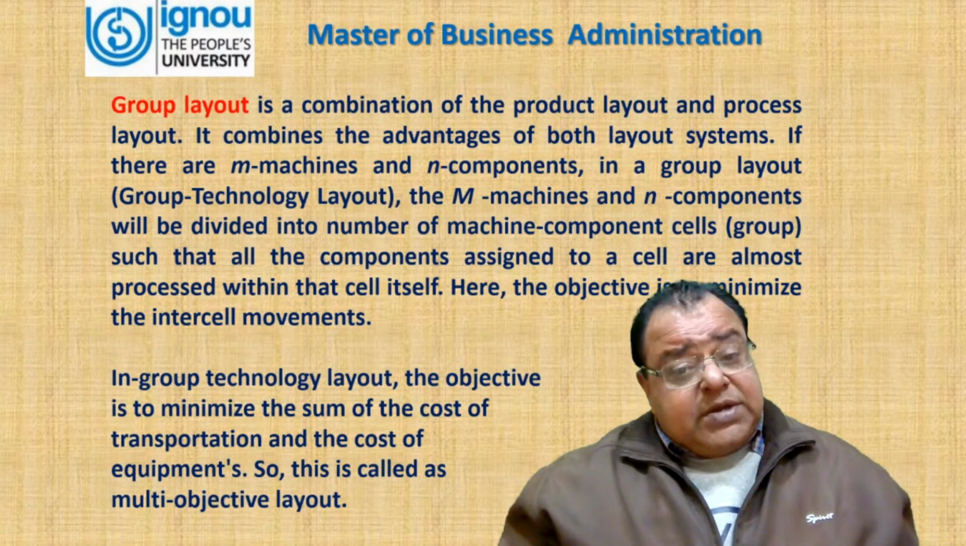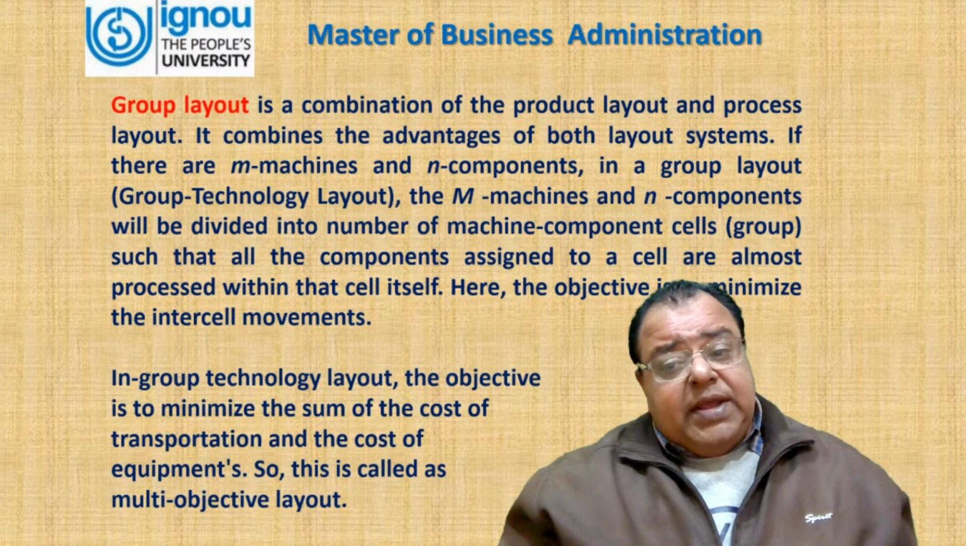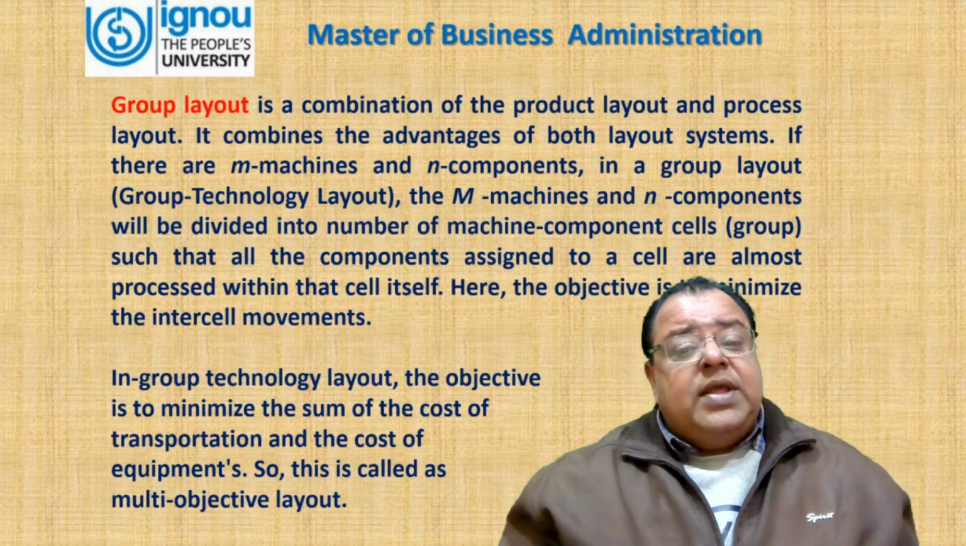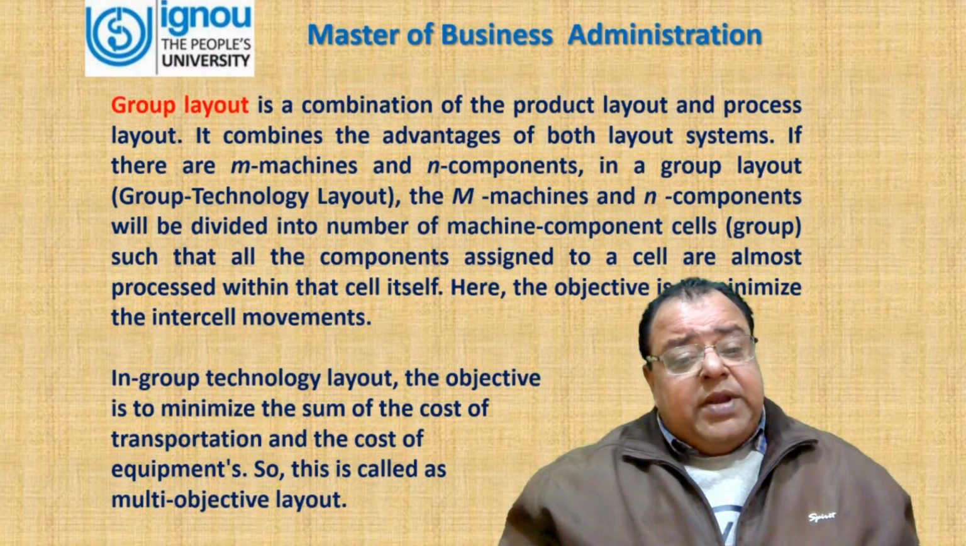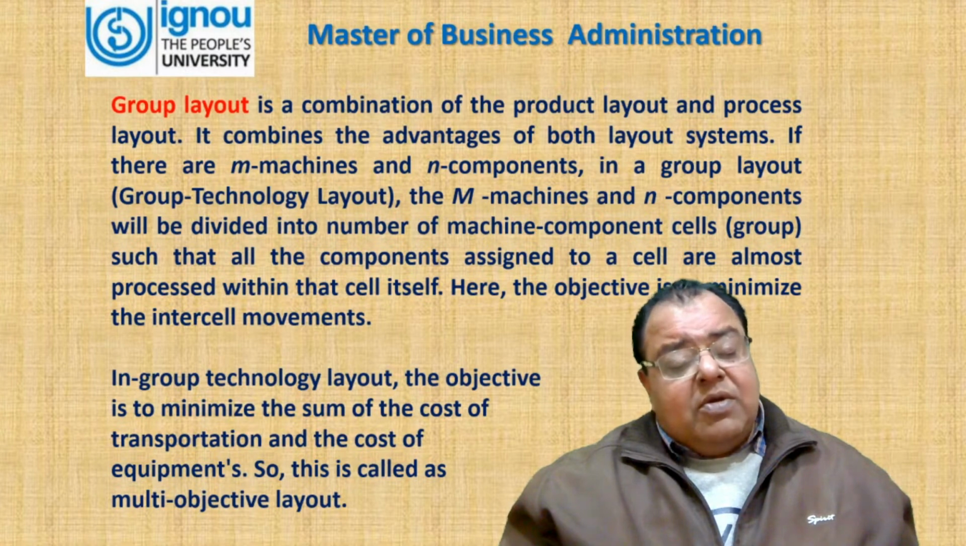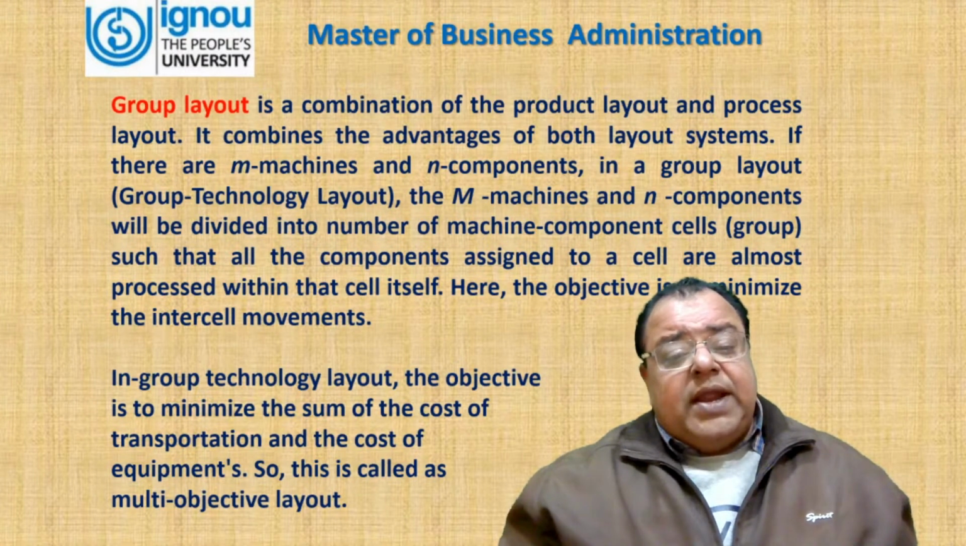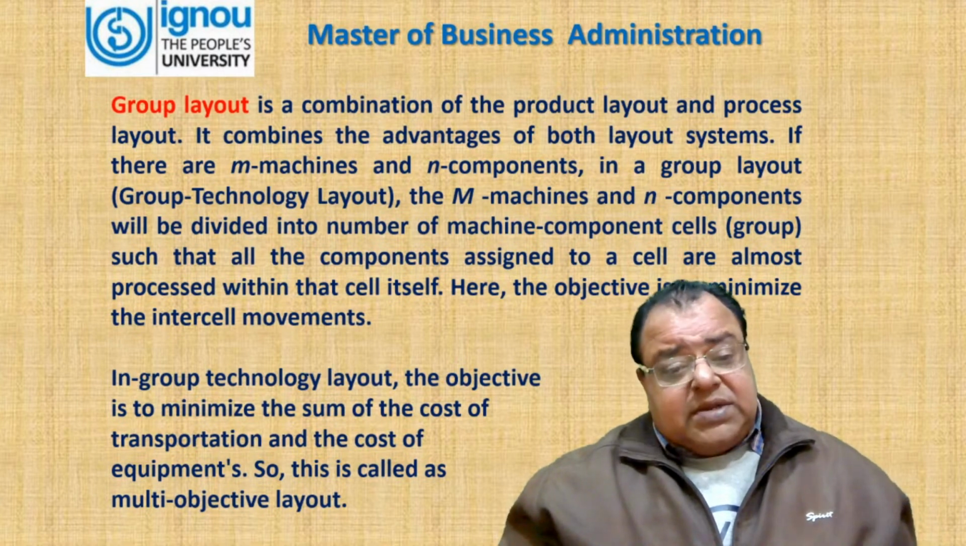If there are M machines and N components in a group technology layout, the M machines and N components will be divided into a number of machine-component cells, which we call groups, such that all components assigned to a cell are almost processed